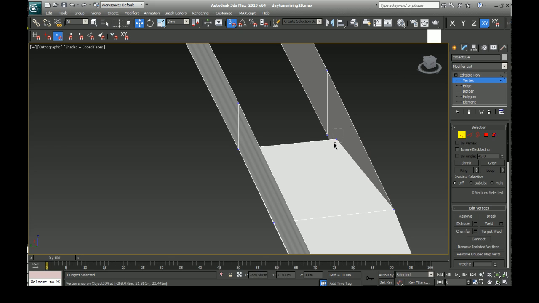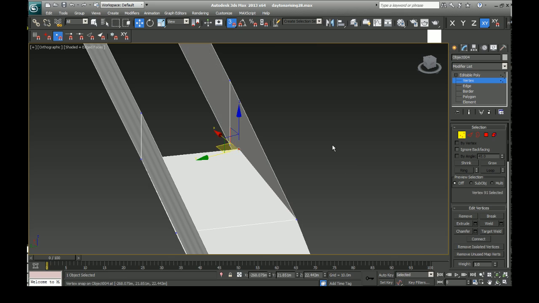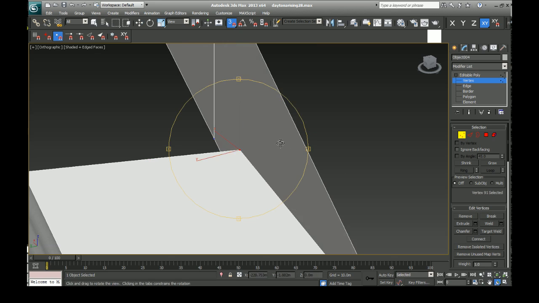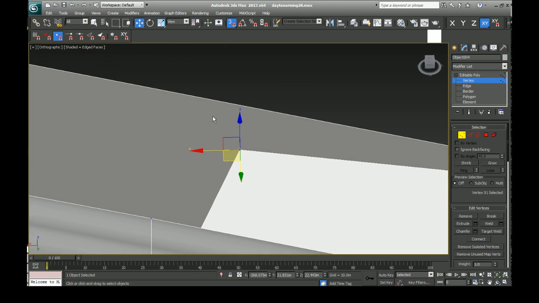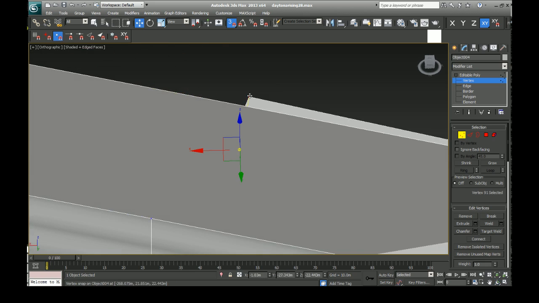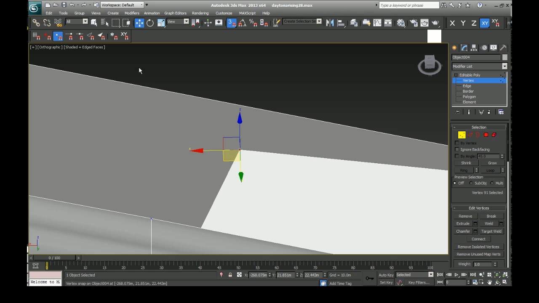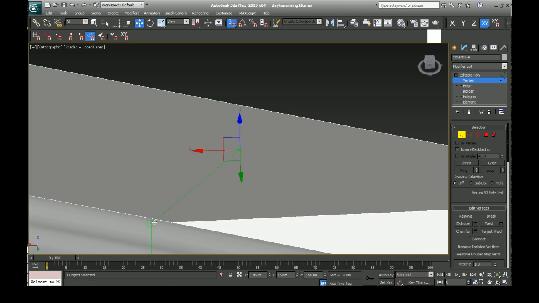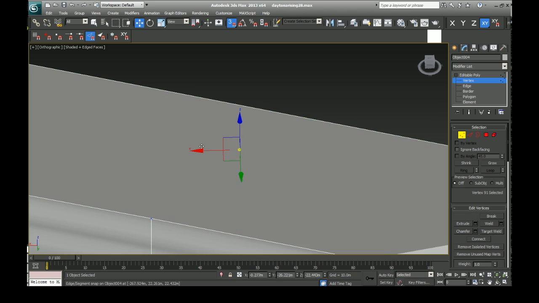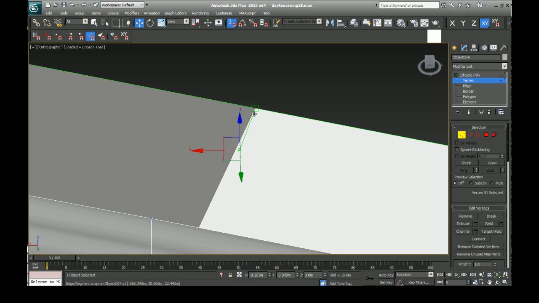Now if you go over here to this other one, hit Z to zoom in, Control R to rotate around it. You can see that there's no vertex back here for me to snap to. So if I try to do that, it's going to go crazy because there's nothing there. So I'm going to deselect the vertex, and I'm going to go over to snap to edge segment toggle, and then I'm going to bring it over to any edge, and you can see that that vertex snaps to it. It kind of goes crazy and disappears if there's nothing around, but